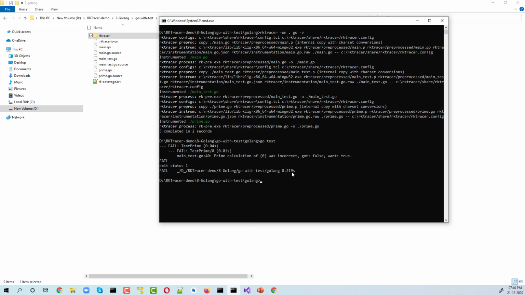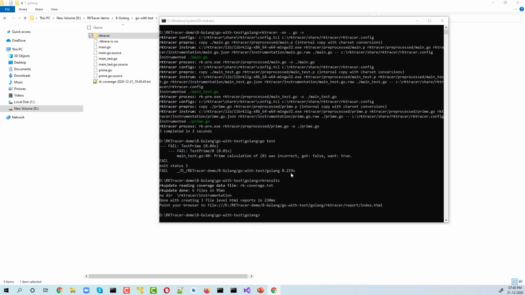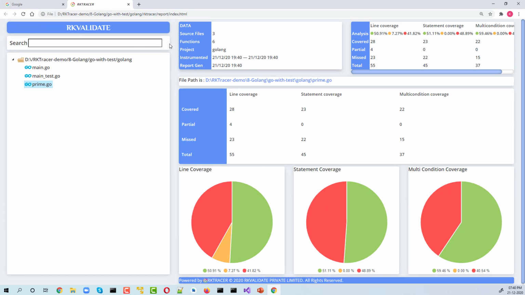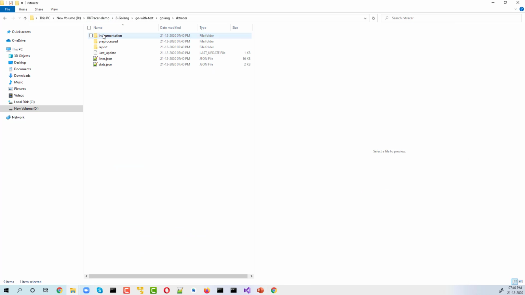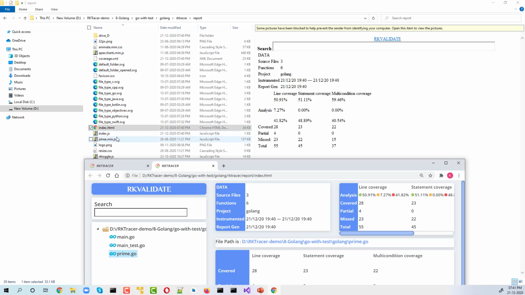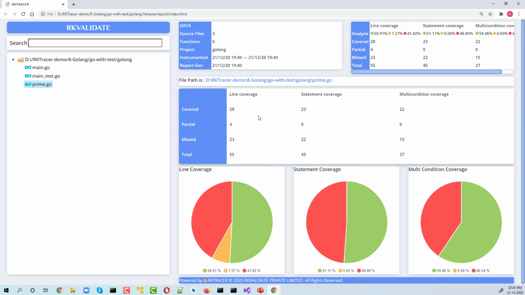Now in order to generate the report, you need to run the command Archi results, and it's going to read the code coverage text file that was generated here, and generate the report. So this is the report that has been generated, and you can see that this is the place where the report has been generated. You can just open this index.html in the browser